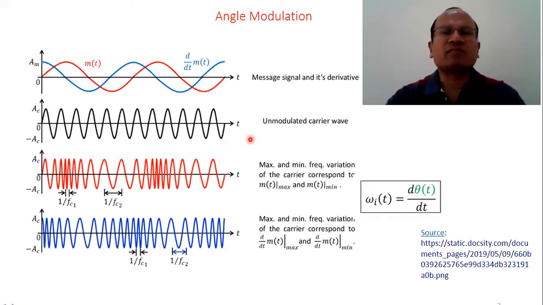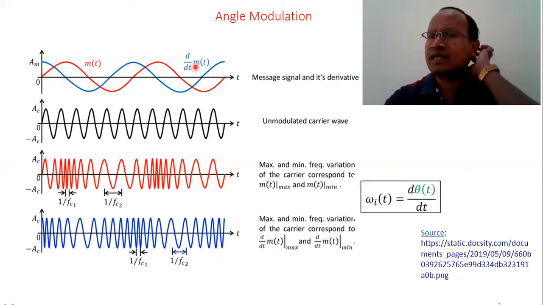Now as we can see, the interesting diagrams here highlight how angle modulation affects the carrier signal. We can understand very clearly that here in the beginning there is a waveform having two colors, red and blue. Over red, m(t) is written, which is the modulating signal. This is the message signal. And this blue color is actually its derivative. We can easily understand how we got it.